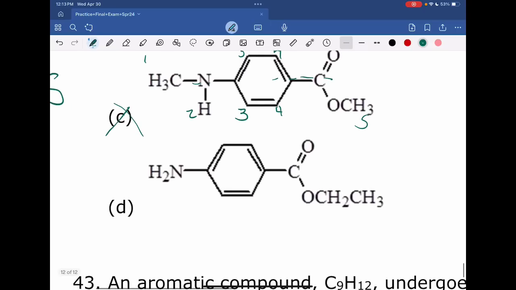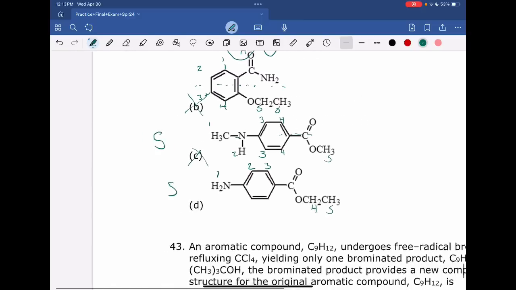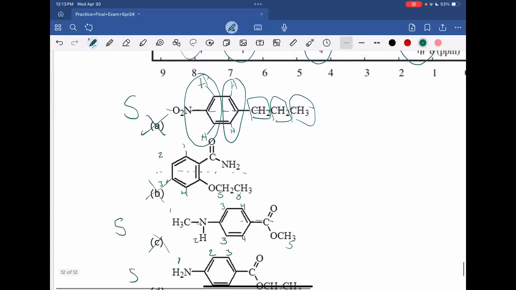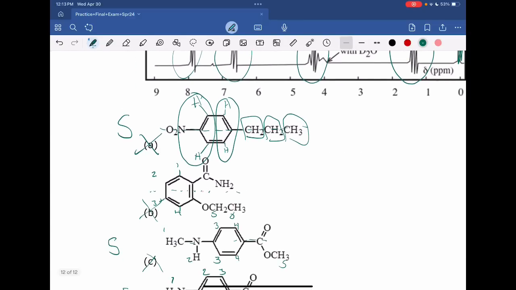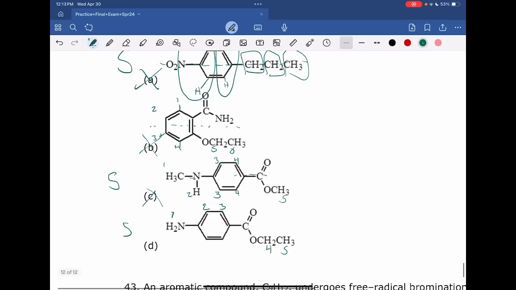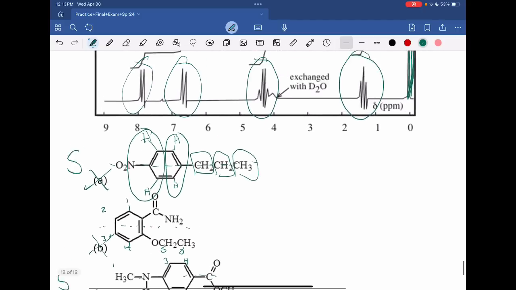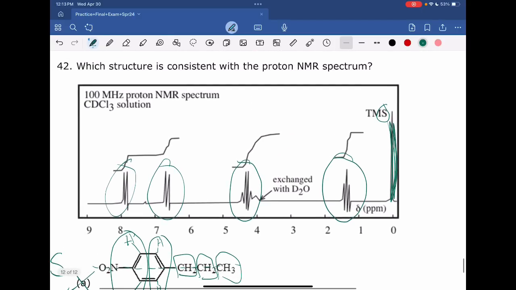And this one has 1, 2, 3, 4, 5. Okay, wait, something's off here. It's definitely, oh, I see what's going on. Okay, it's definitely not A or B, but even though there is 4 peaks in this graph, we gotta look